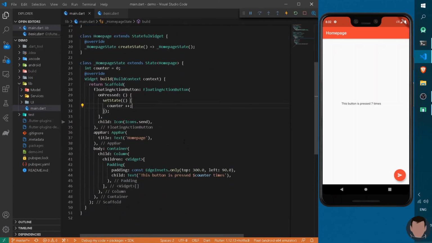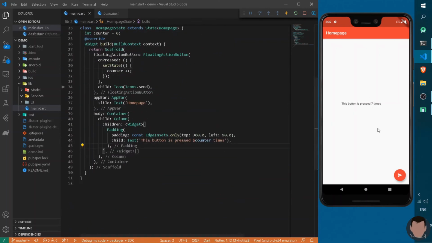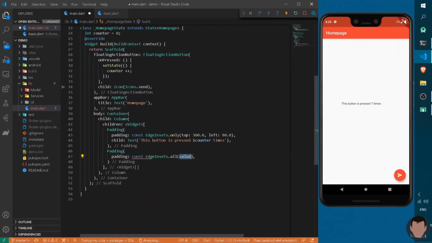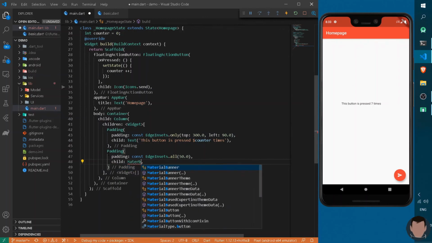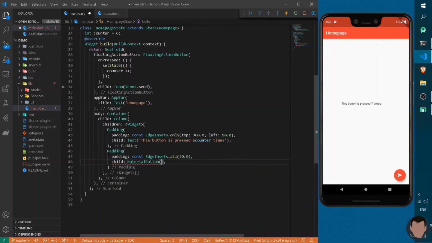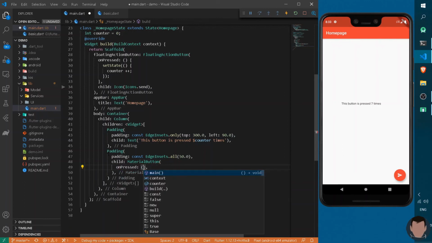Let's add one more button just to subtract the value. You can do so by adding a padding, a padding of const EdgeInsets.all. Let's give it 50. Let's give it a child of MaterialButton, which takes an onPressed method.